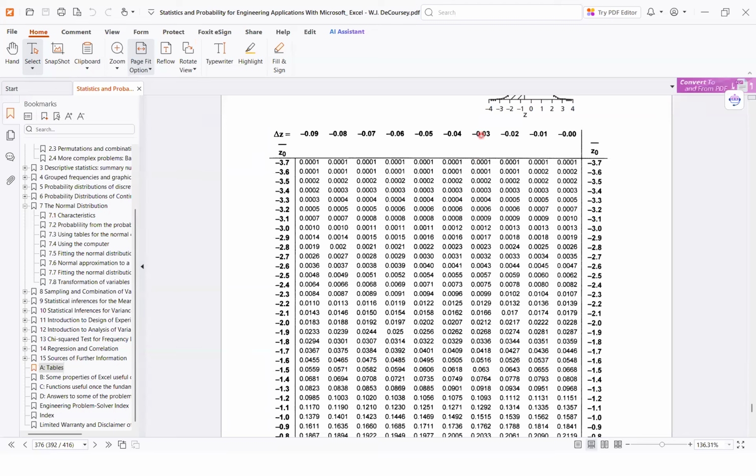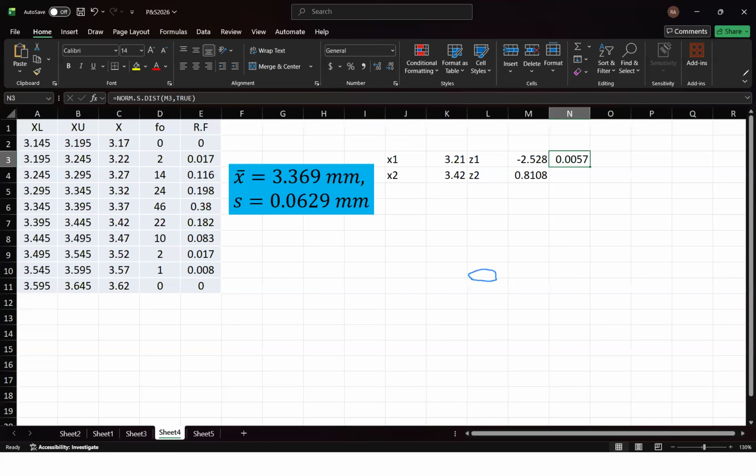So over here in the two lines, I can mark the point 2.5, and so here is the point that I can mark. So 0.0057. So the Excel demonstration is consistent with the convention from the book. Okay. So likewise,